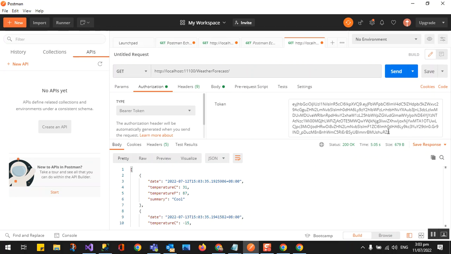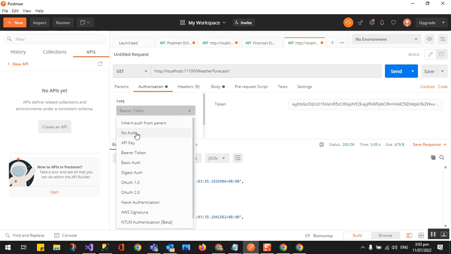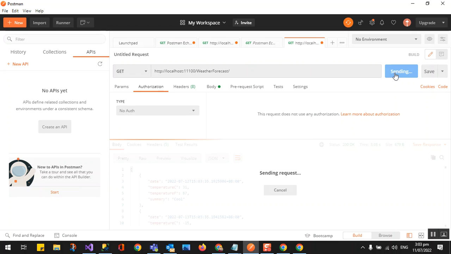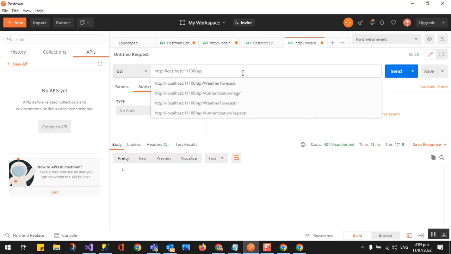If we have no bearer token here, we set no authentication and send it. So it's unauthorized. Okay, so where do we get the token? Why is it not expiring? Because I set it to 1 month. So where is the token? We need to log in first.